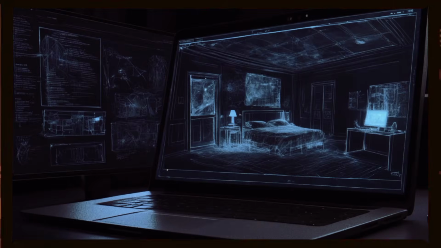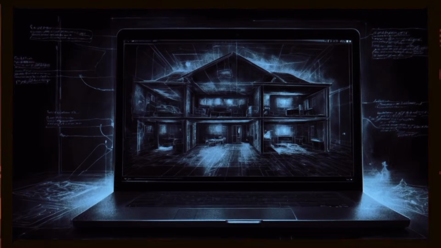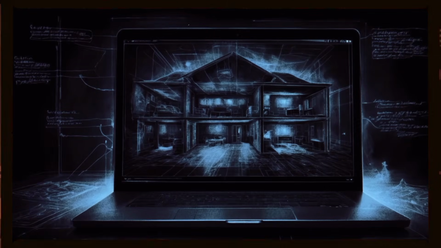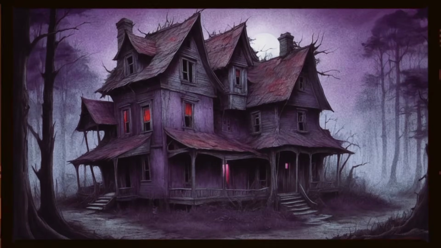I clicked the report an issue link on the corner of the screen. Tried to drag the house into the report box, but my cursor passed through the house like it wasn't clickable. I zoomed out to try and relocate it from above. Gone. Not hidden, not blurred, gone. I typed in the coordinates manually from my screenshot. No result found. I thought maybe I imagined it, until I opened the screenshot again. The file size was 0 KB. Just a white box. The house didn't just disappear from maps, it was erasing itself from everything.